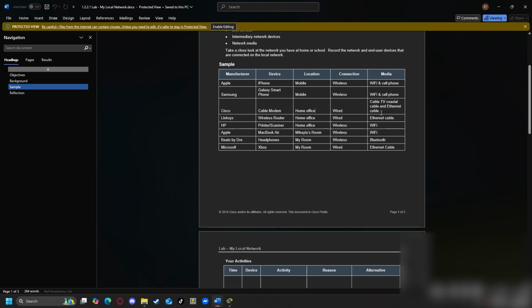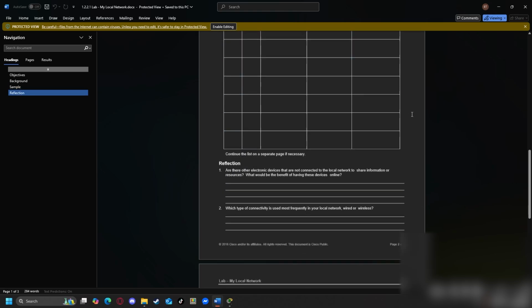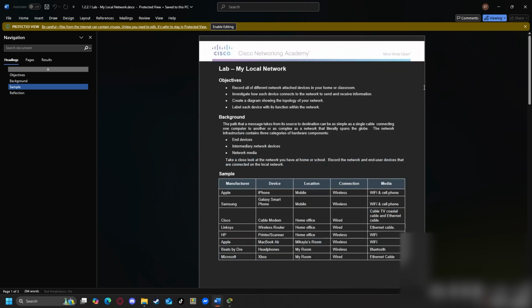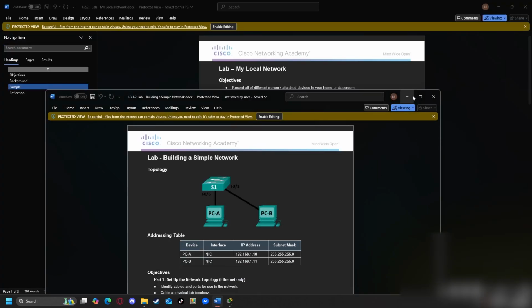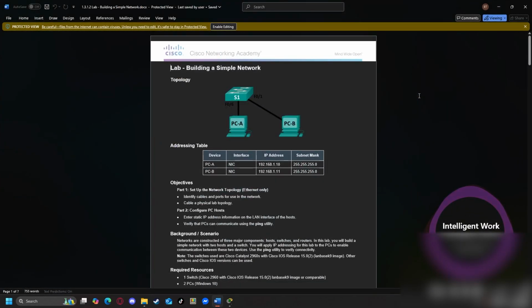Home office, wired, cable TV, coaxial cable, and an Ethernet cable. I will be calling an Ethernet and not an Ethernet, because there are some people that I will argue with on that one, and my friend is one of them. As I said, I'm not doing this seriously. I will be learning bits myself as we go along, because it's been a while since I've last covered this, but I just want to go over the basics to start with and move from there.